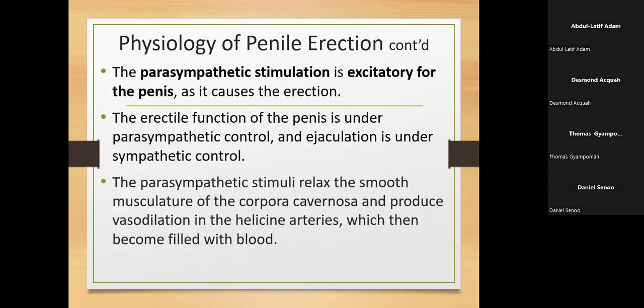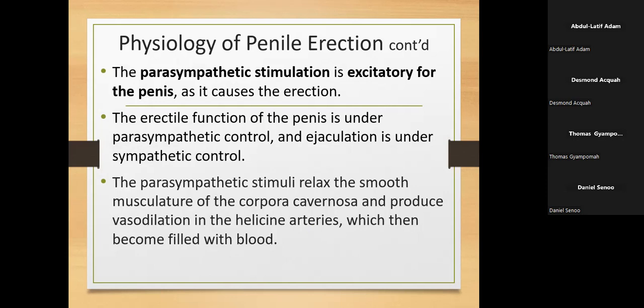So still on the parasympathetic stimulation, there's a clause which says that parasympathetic stimulation is excitatory. When it is excitatory, it's exciting. It means that the penis is happy to be under the influence of parasympathetic stimulation. And once the penis is erect, it feels comfortable in the erection state rather than being flaccid, even though most of the time it doesn't have to be erect. You understand?